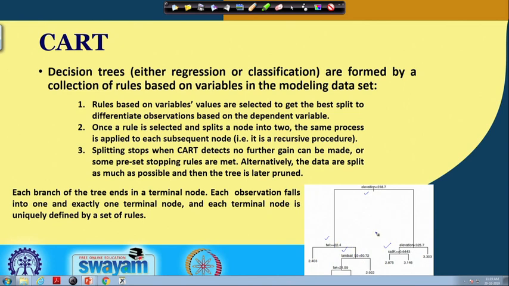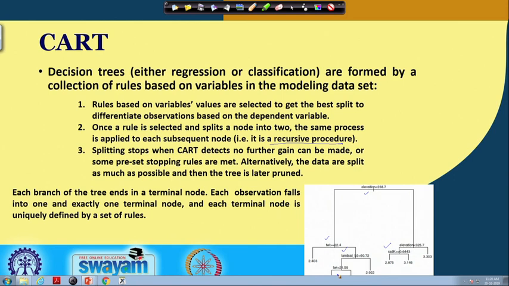You can see this process grows on, which is why we call it a recursive splitting process. The splitting stops when CART detects that no further gain can be made or some preset stopping rules are met. We will discuss the details of these gains and stopping rules later. Alternatively, the data are split as much as possible and then the tree is later pruned.